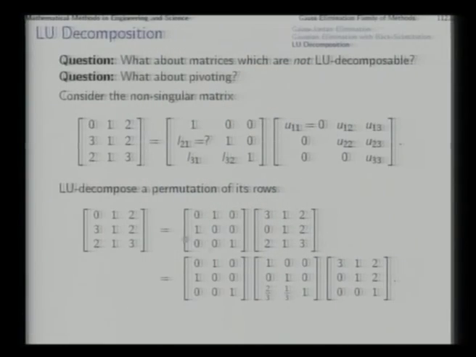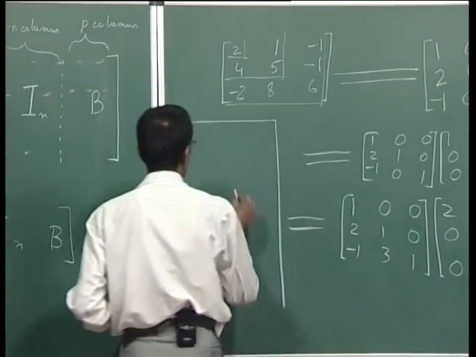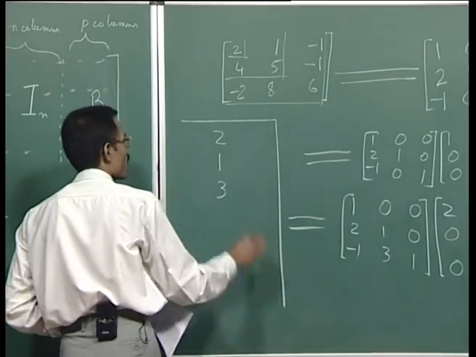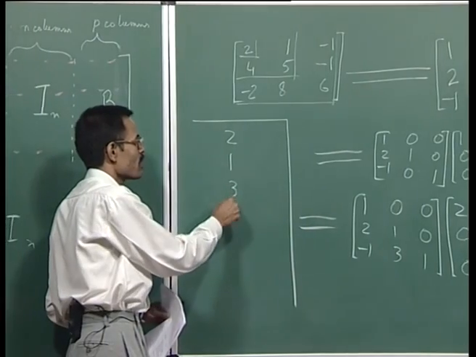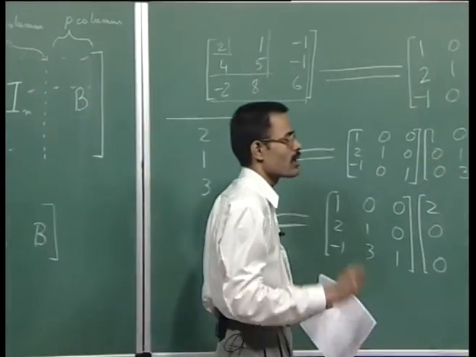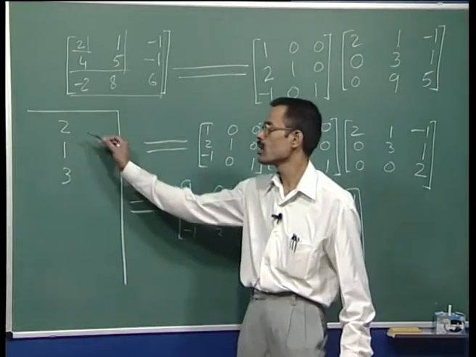See, this is permutation. This can be stored not necessarily in a matrix, but in a vector, and that vector is 2, 1, 3. That means second row of identity matrix, first row of identity matrix, third row of identity matrix, 2, 1, 3, and this is that complete matrix, second row of identity matrix, first row of identity matrix, and third row of identity matrix. So, this is a matrix which is called permutation matrix. Corresponding permutation vector is this.